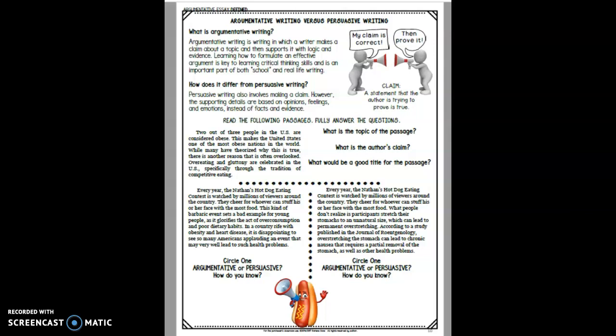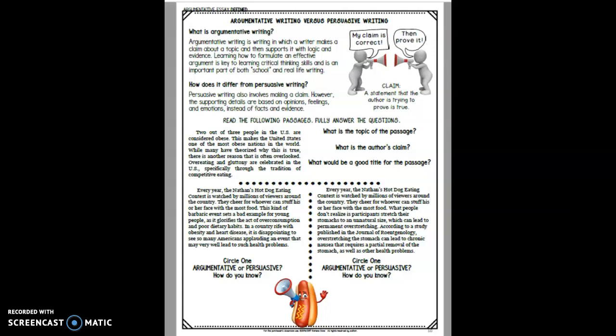I will read for you this page, which is Argumentative Writing versus Persuasive Writing, Argumentative Essay Defined, page 10. I will read this for you, and then I have uploaded another copy of this for you to respond on. It will be your job to answer the questions in the middle for the first paragraph, which are the questions: